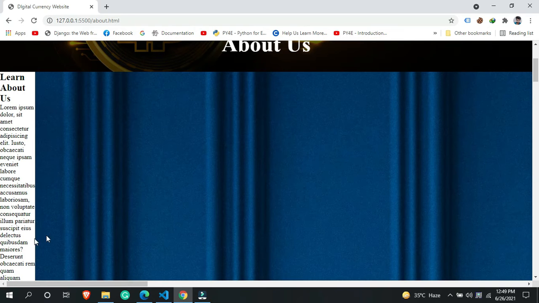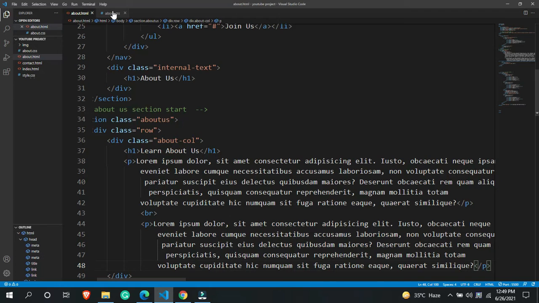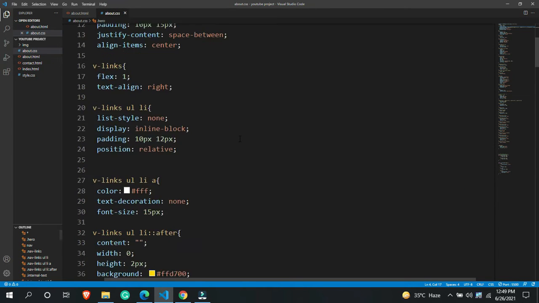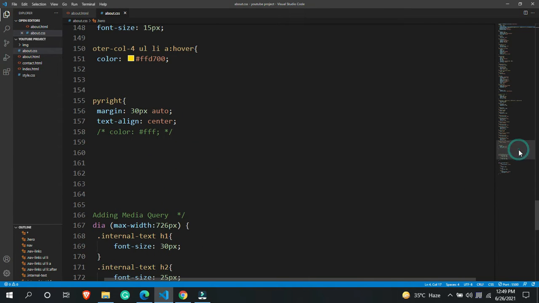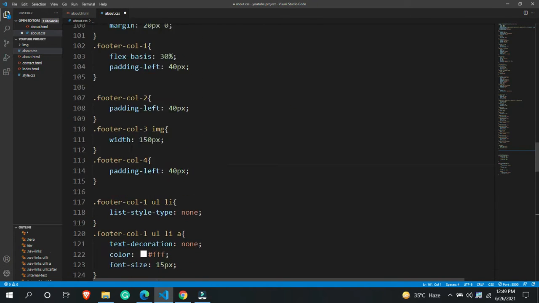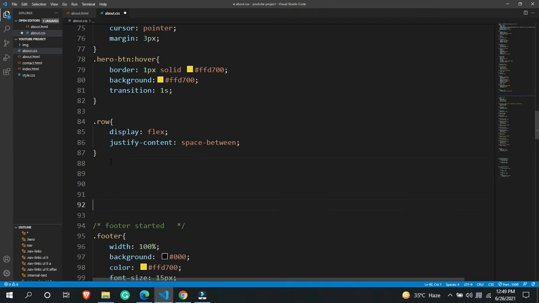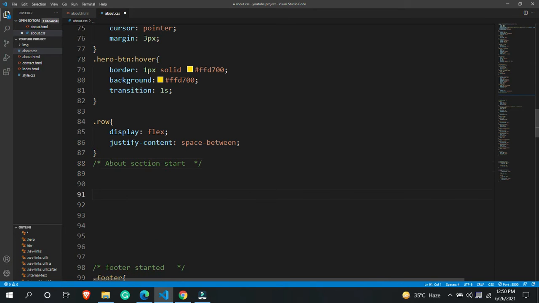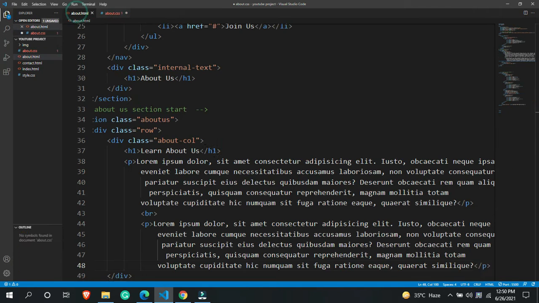Let's add some CSS over here, and let's achieve this particular thing. Let's add a comment before doing anything. So this is the footer, and above this footer, from here we are going to start the about page, about section start. Okay, and let's comment this out, and let's add some of the things. So let's copy this particular class over here. This is the class that we were using.